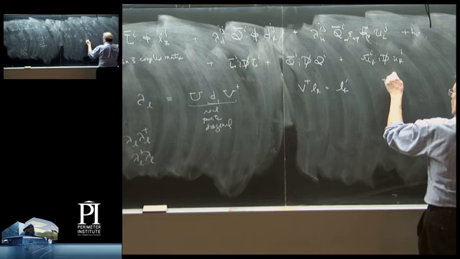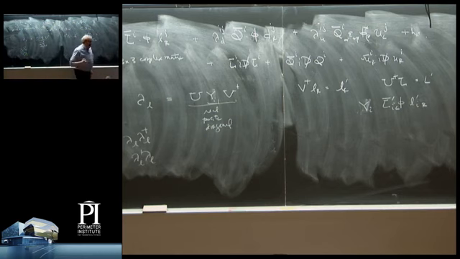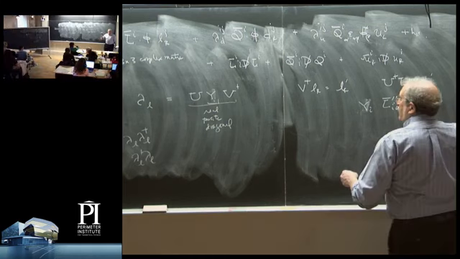L bar I times phi times L I. And in terms of these new fields, this is totally diagonal in flavor. The y's, which are the eigenvalues of this matrix, are just the individual masses for e, mu, and tau. Further, I can actually remove the matrices U and V from the whole rest of the Lagrangian.